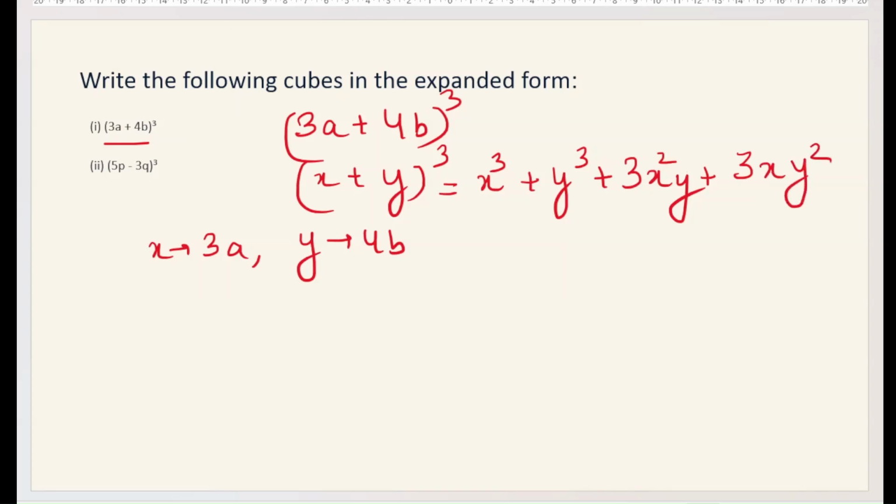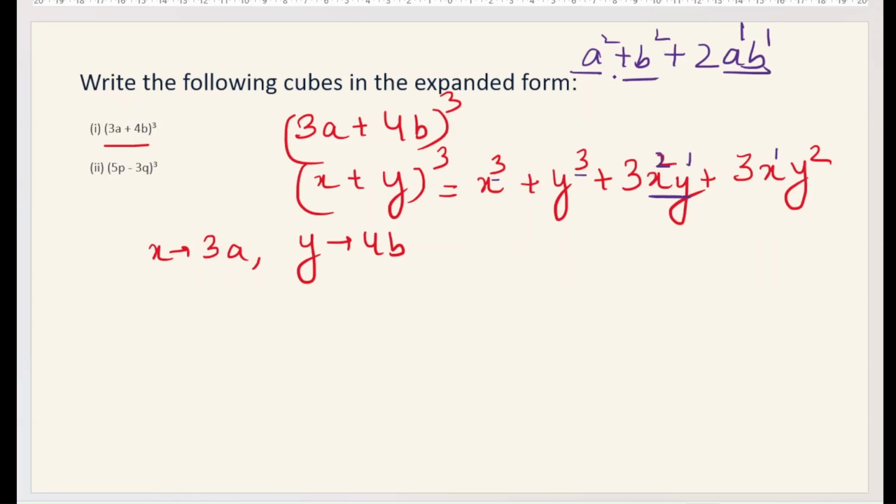Now see, there is one important thing about this identity. In fact, about all the identities, that your power does not change. Here power is 3. What is the power in second term? 3. What is the power over here? Here power is 2 and here power is 1. So 2 plus 1 is 3. Here also power is 1, here power is 2. So 2 plus 1 is 3. The power always remains same. If you are writing a square plus b square plus 2ab, power is same. Power 2, power 2. Here also 1 plus 1, 2. So power never changes in all the identities. So be careful.